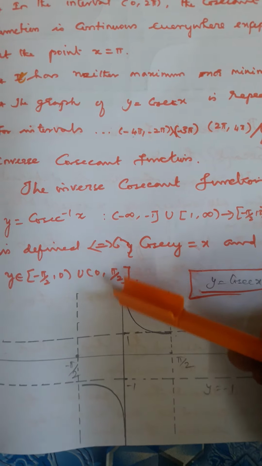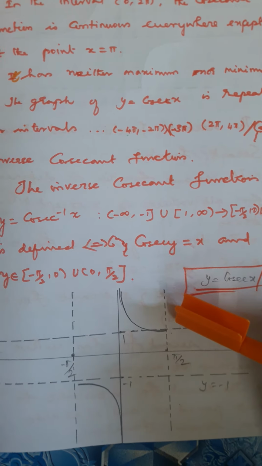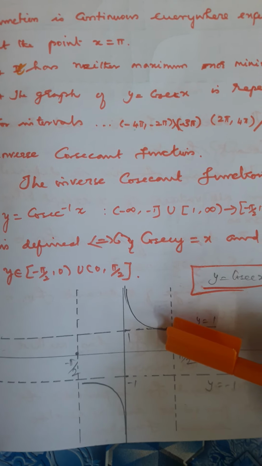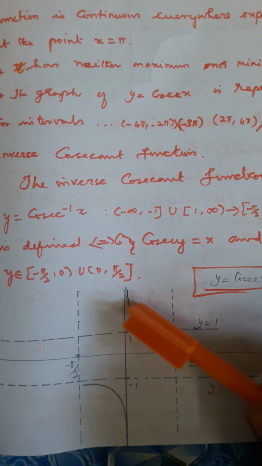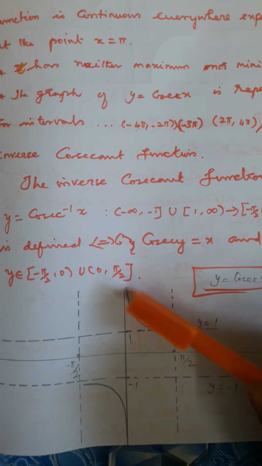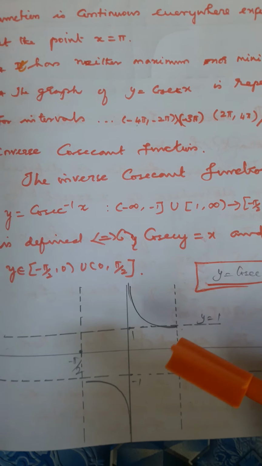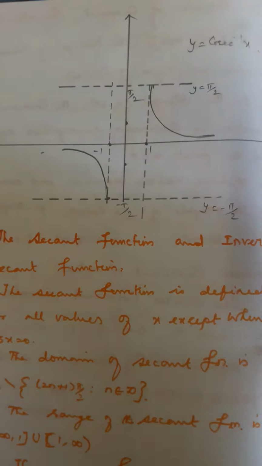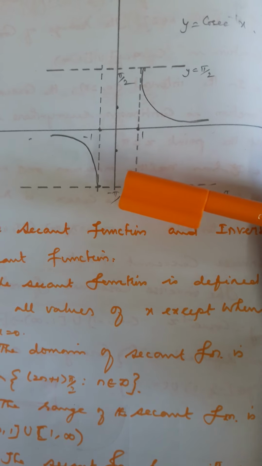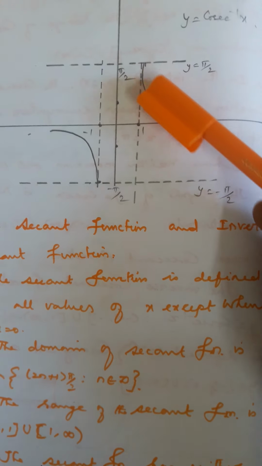So again it is the cosecant x diagram, right? Only half of the first graph. Here x value pi by 2, here minus pi by 2, your values from 1 will start approaching plus 1, and here also it is minus 1. So for the second part, the inverse becomes the reverse of the graph. See, here you have pi by 2, here minus pi by 2, plus 1 and minus 1. The graph is reversed, right?